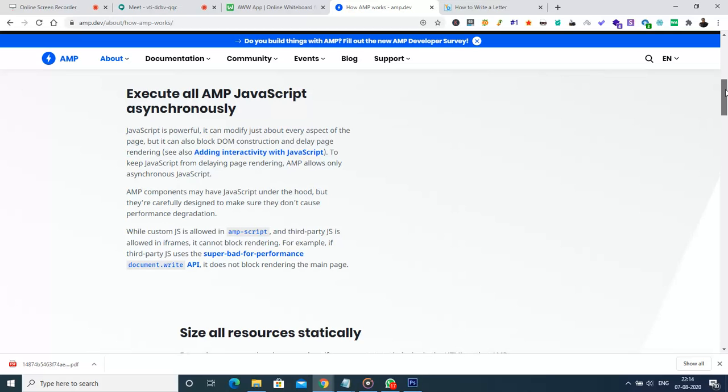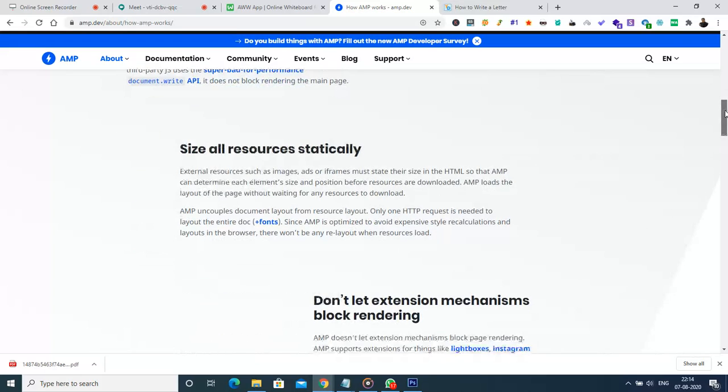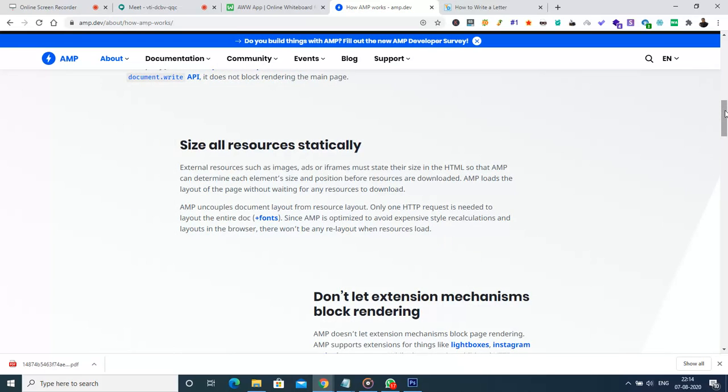We don't need to go into so much detail. If you require, you can learn these particular chapters, but right now I'm going to read out only the titles for you to understand easily and quickly. Size all resources statically. That means there is no dynamic section, so all the resources will be available in static versions, which can help to load much faster.